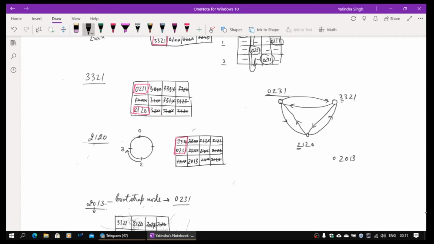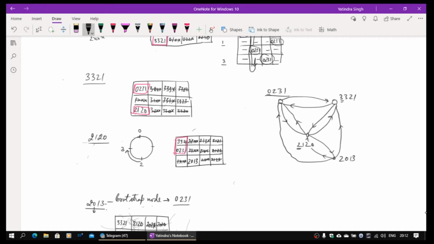So now what you can see is 0231 is going to point only to one of them. 3321 will also be going to point to any one of them. But this guy is going to make a pointer to it, and this person will also be pointed by this thing. Okay. Now 2013 has an option to either point to these. So it will be creating a pointer to these actually. So the reverse pointer is not there because reverse pointer will be only through this 2120, which is the entry to this 2xxx partition. Okay. So now the routing table has been updated.